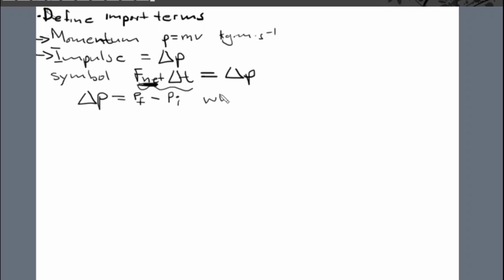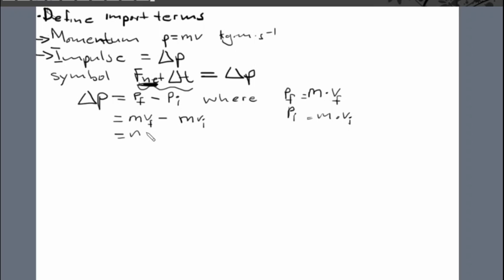Final momentum is defined as the mass of an object times its final velocity. Initial momentum is the mass of an object times its initial velocity, right? And then change in momentum will therefore be equal to the final momentum minus the initial momentum,